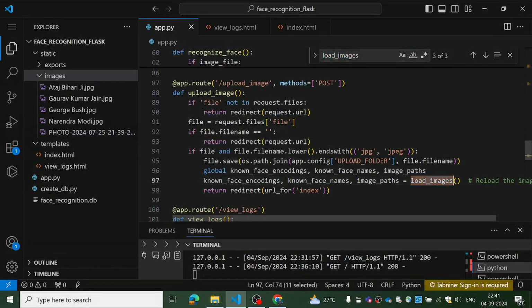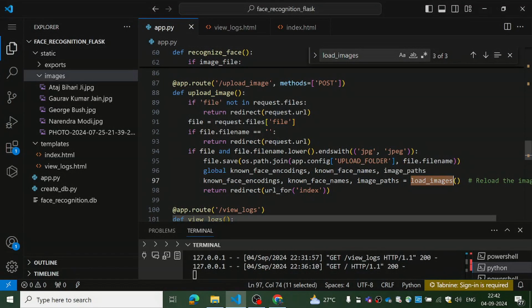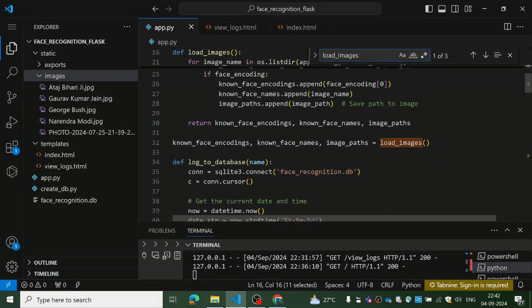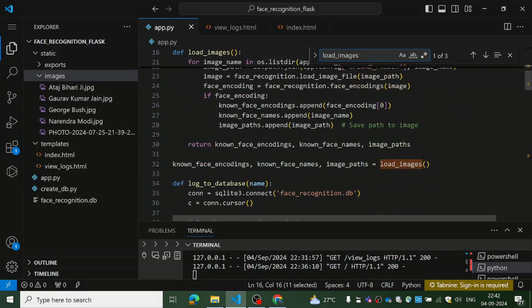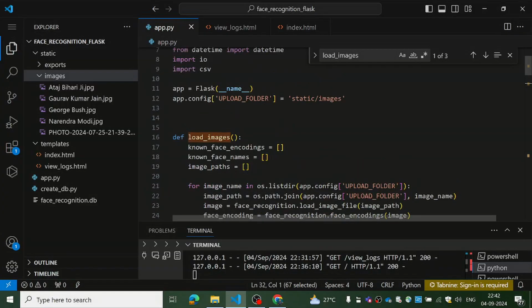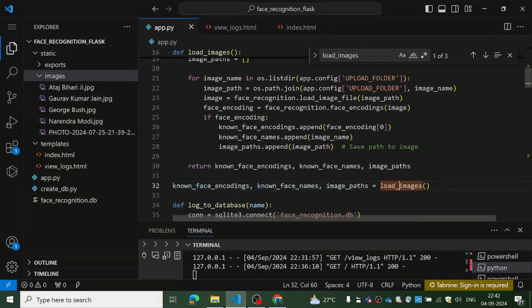That's why we are calling this load images function while uploading the image also, when this upload image button gets triggered by the user. So that's where we are calling the load images, right? That's one point. Then what else we are doing? If you see here, we have defined it globally. The moment the web application gets loaded, at that time also the load images function will be called,